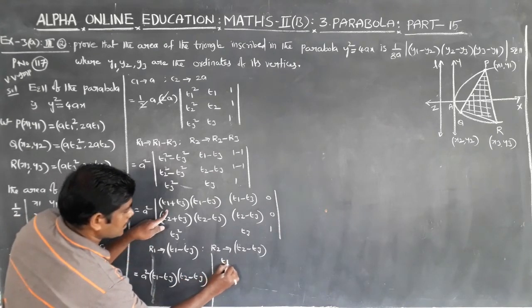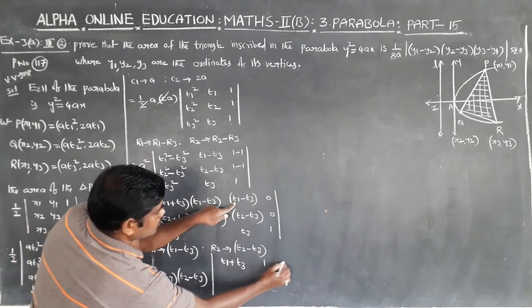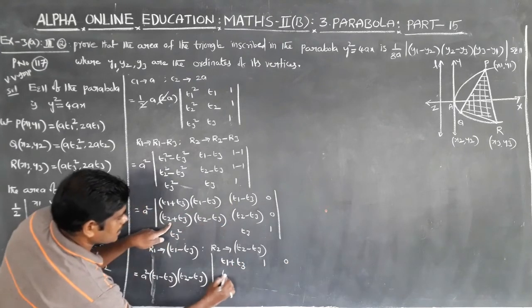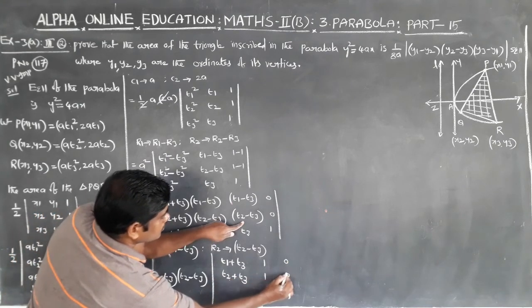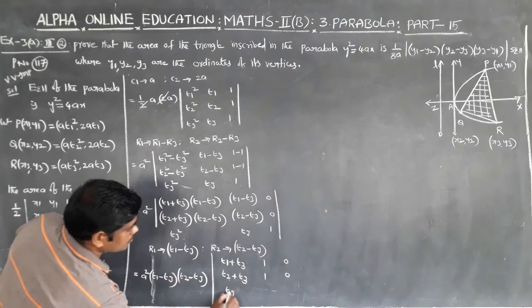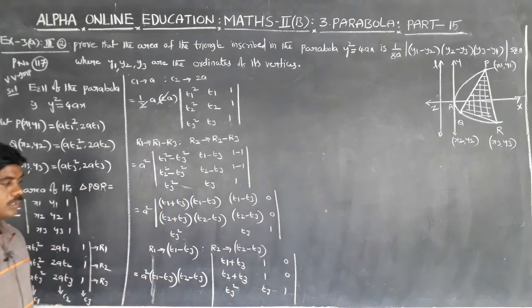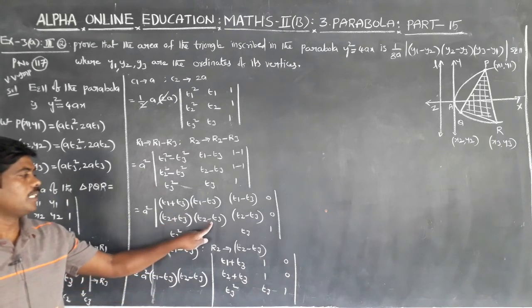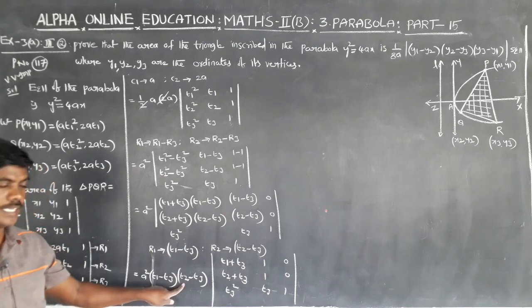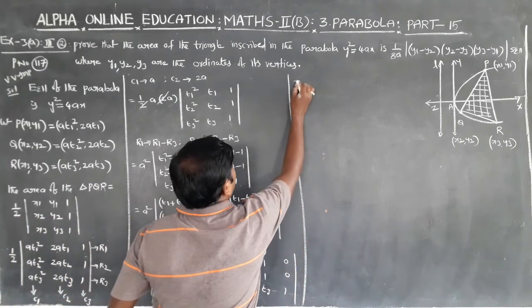Here T1 plus T3, here 1, 0. Here T2 plus T3, 1, 0. T3 square, T3, 1. Common into first row T1 minus T3. Common into second row T2 minus T3. Here